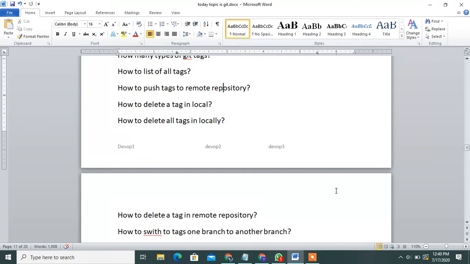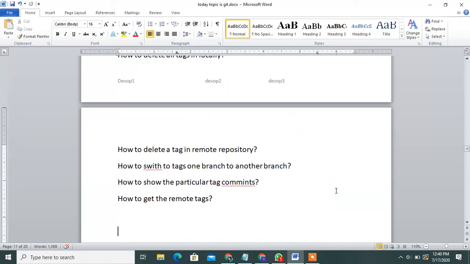Then you push all the developers' commit IDs. For deployment purposes, you use a tag. You take the particular commit ID and add one tag, simply like v1.1. You can push it directly to the central repository. You take this particular tag, push it to the central repository, then take the commit ID for this tag and deploy the application successfully. That is a scenario of Git tagging. See this.